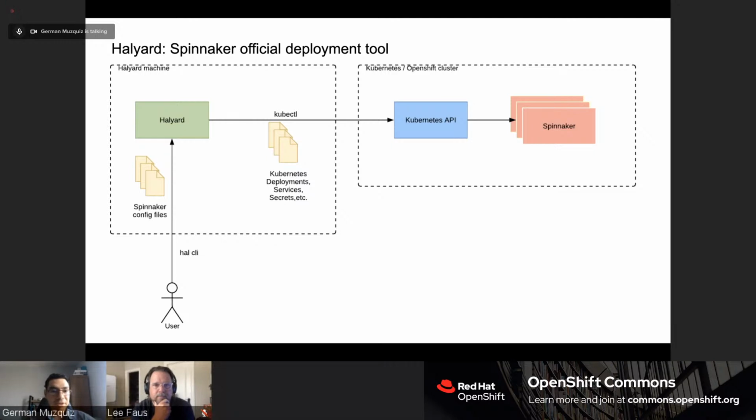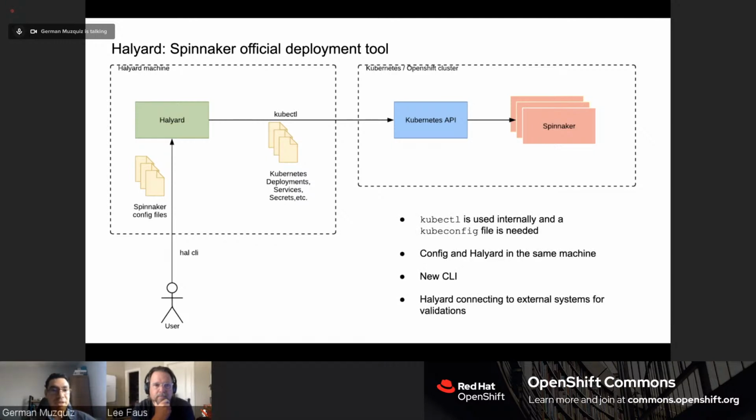But there are some key points to keep in mind when you are deploying Spinnaker using Halyard. One of these key points is that Halyard internally uses the kubectl command line to deploy Spinnaker. So this means that you need to have a kubeconfig file for the target cluster where you are going to deploy Spinnaker. Another key point here is that the Spinnaker configuration files need to live in the same machine as